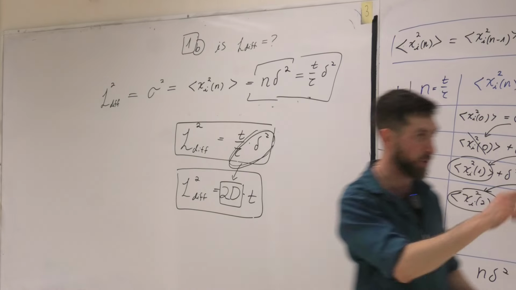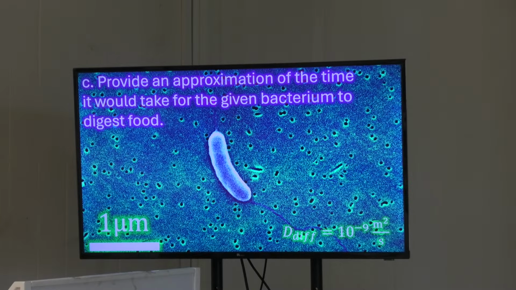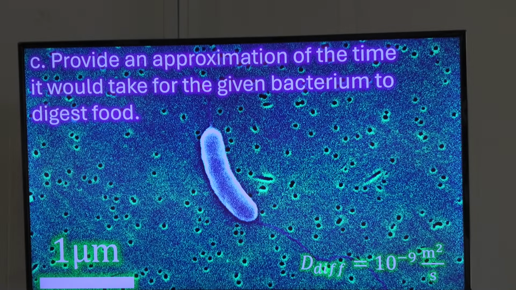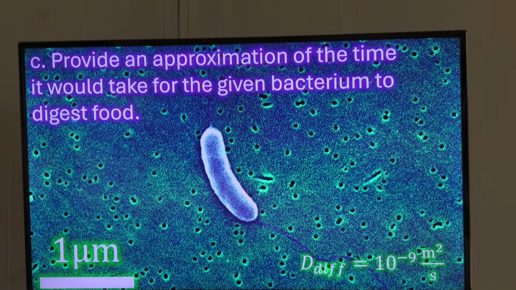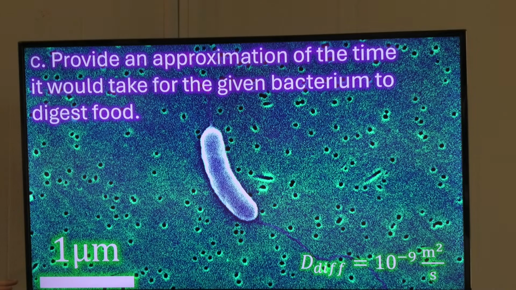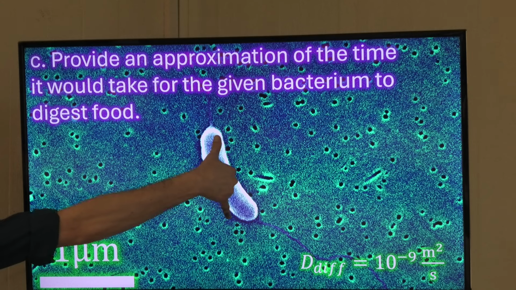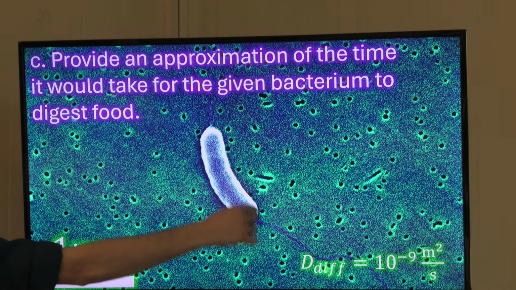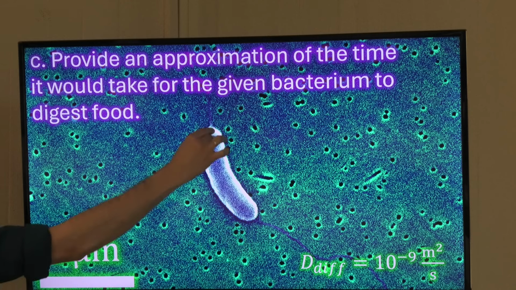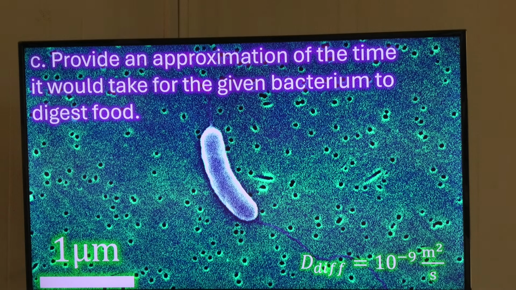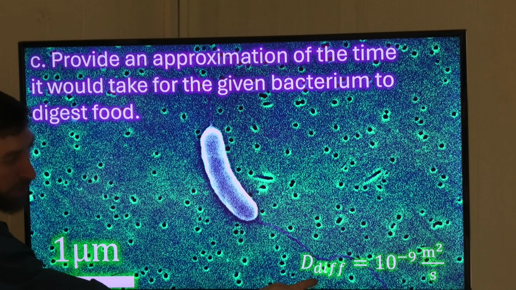Let's see if you understand it. So I have another question for us. This is section C. Provide an approximation of the time it would take for a given bacterium to digest food. Okay, this is the question. We see here we have a scale bar of 1 micrometer, and this scale bar is approximately the size of the bacteria. The bacteria is 1D, right? The food is going along this channel, right? And it's giving me the diffusion